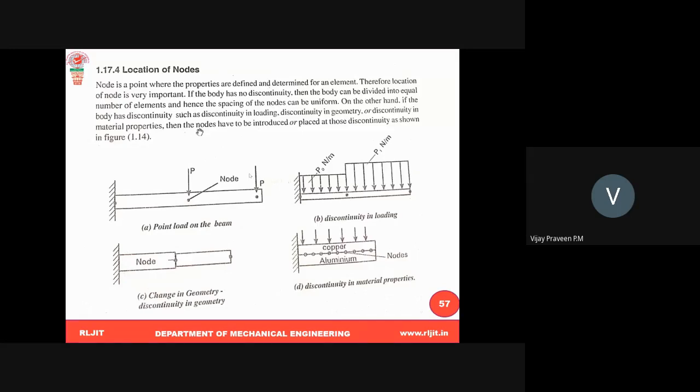If it is uniform in the loading, uniform in the geometry, uniform in the material, then you can easily discretize the member into an equal number of parts with equal spacing of the nodes. If it is discontinuous in the loading, or discontinuous in the geometry, or discontinuous in the material, you should introduce the nodes at the point of discontinuity. Like in the loading condition, if it is like this, then one is here and one more is here and one more is here. Suppose this kind of geometry, at the junction you have to introduce one here, here, here. If it is in material, at the junction where both materials meet, that common point you have to introduce. So this is the factor which affects the location of the nodes.